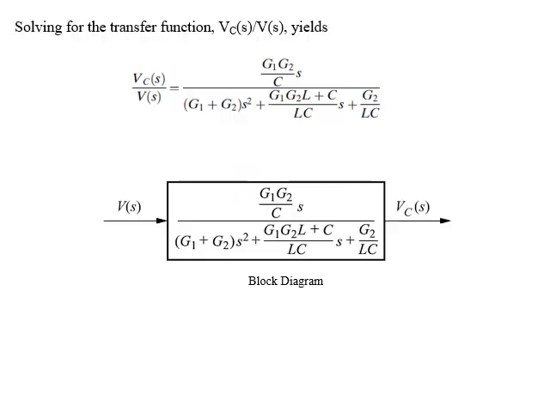Now again, this is a choice of the student which method he is going to follow, and with this we'll obtain the transfer function Vc of s over V of s, which is our required transfer function. And in block diagram form we have a system with transfer function Vc of s over V of s, whose input is V of s and output is the capacitor voltage.